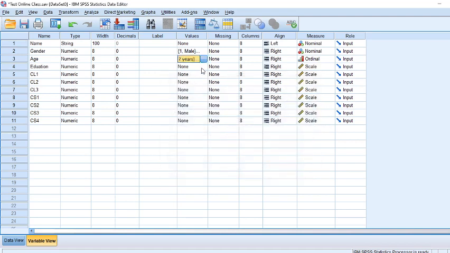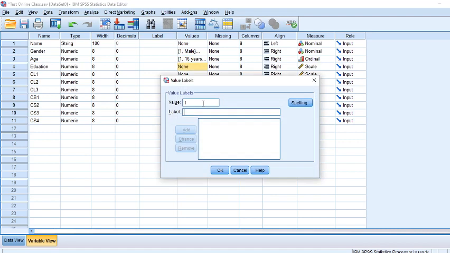So this is what you are creating: the categories you are giving. You are saying 1 for inter, 2 for bachelor, 3 for masters.